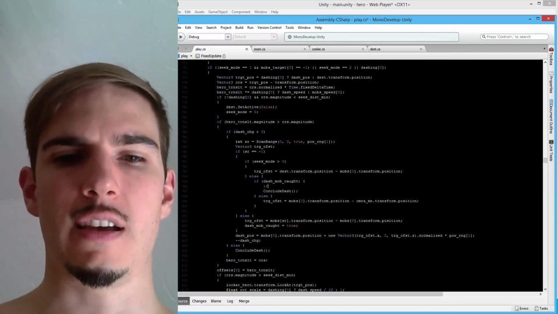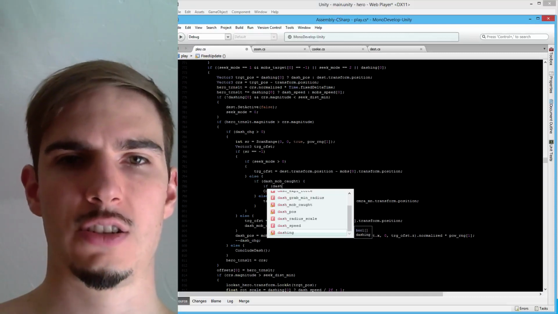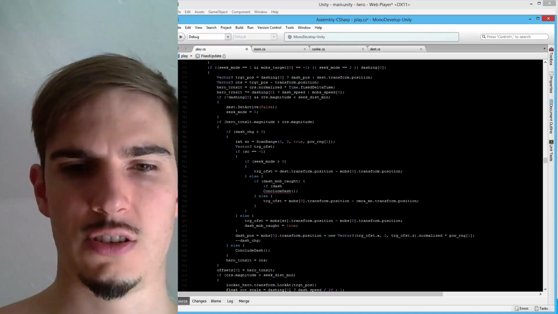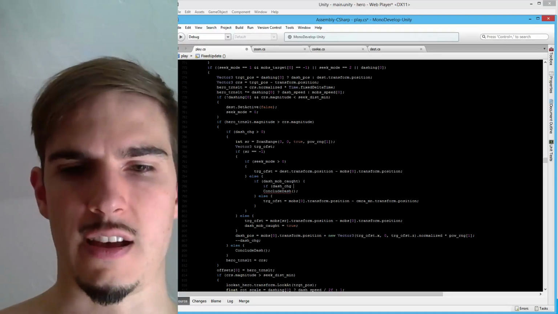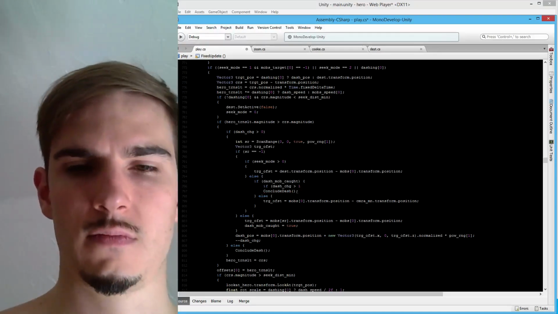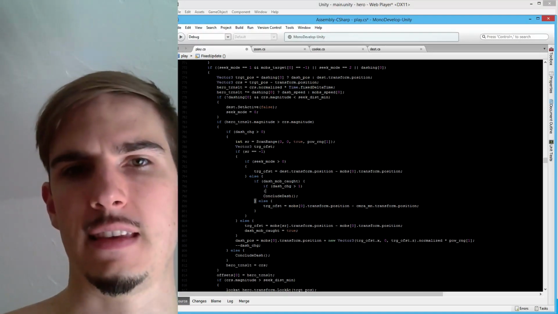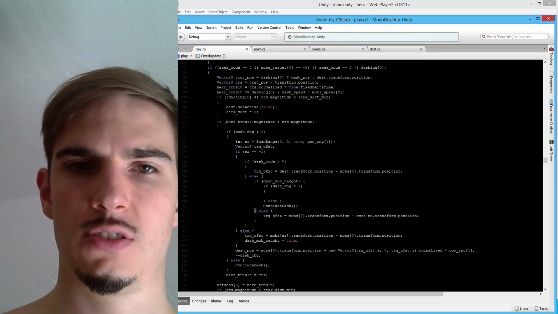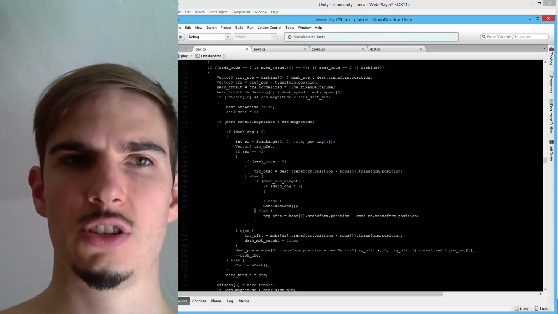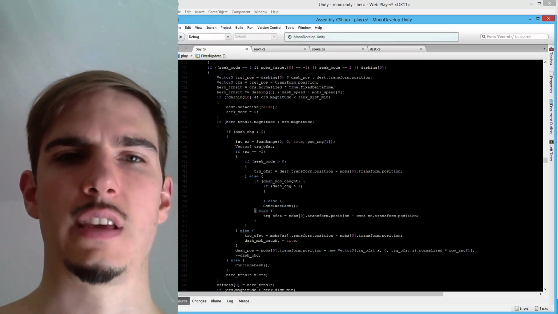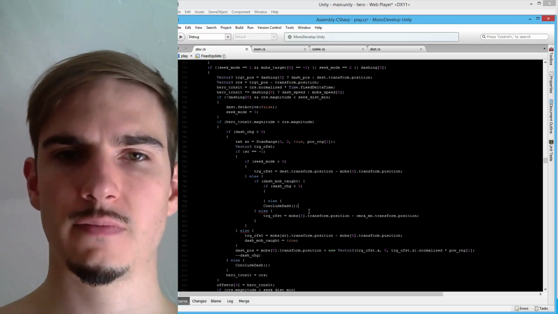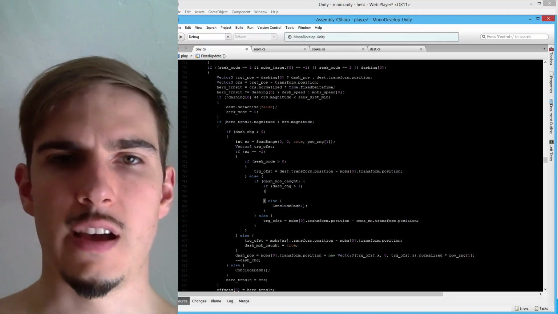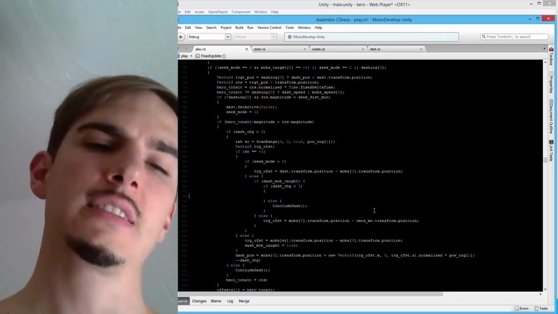So if dash charge is greater than 1, then this, else conclude dash. Actually, whatever. Else conclude dash. But if dash charge is greater than 1, then let's say